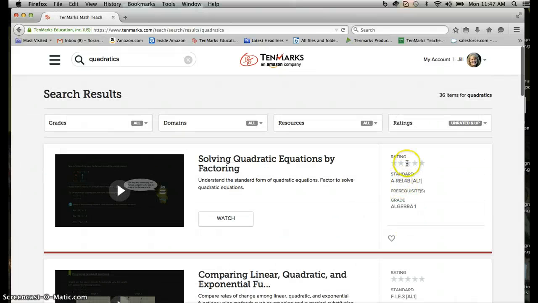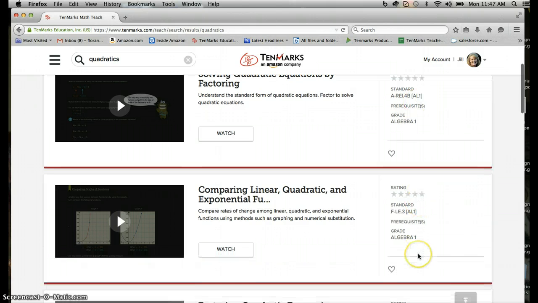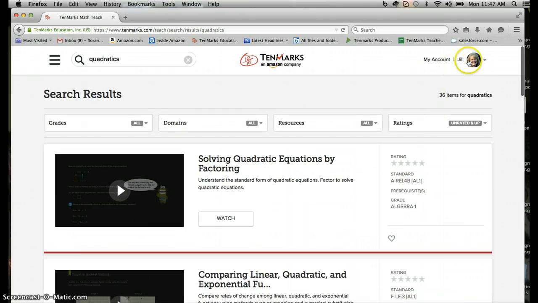But if you're looking for the different kind of flavors of quadratics, this indicator here on the right side shows me that this is the A-REI-4B. Another element of that would be comparing, which is under FLE3. And then finally, if I wanted to actually find something like to assign student work on this topic, A-REI. I actually like to just cut and paste that, put it up here in my search bar, and now